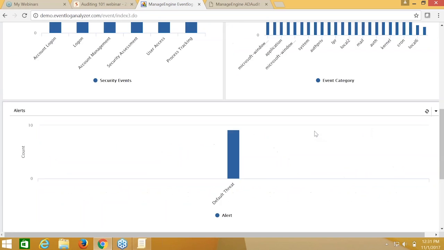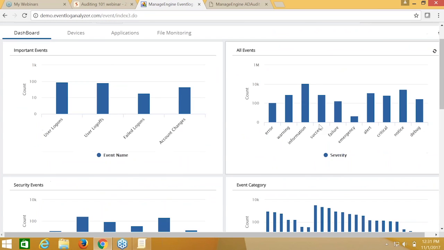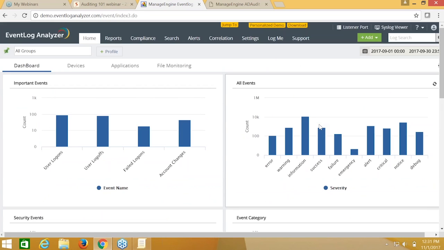So the dashboard view gives you the information that you need to know at a quick glance, if everything is working normally in your network as desired, and if there's any anomalous, suspicious behavior that might need your attention.